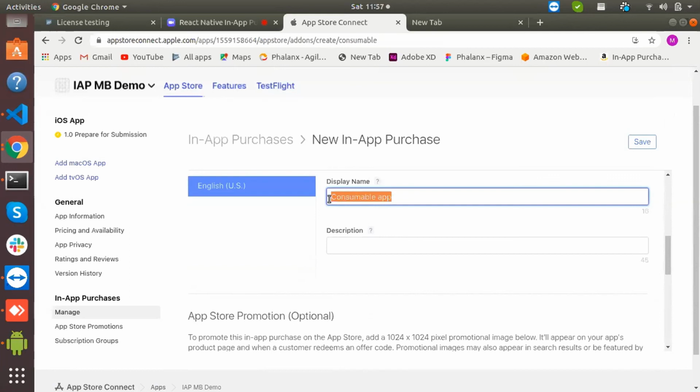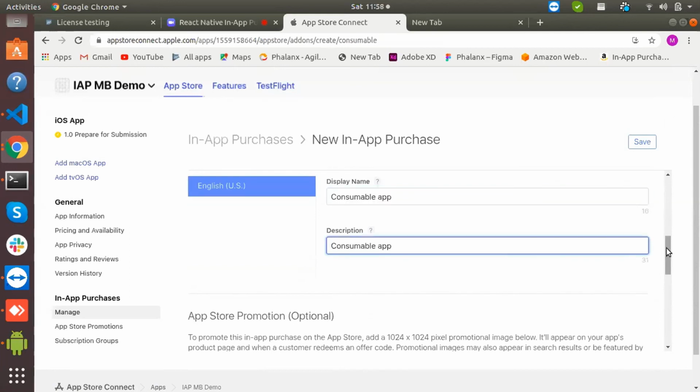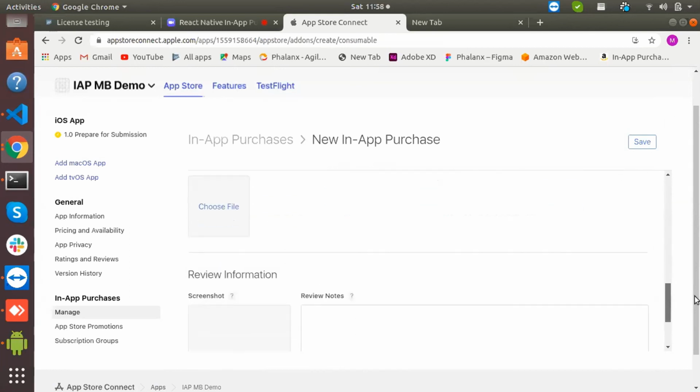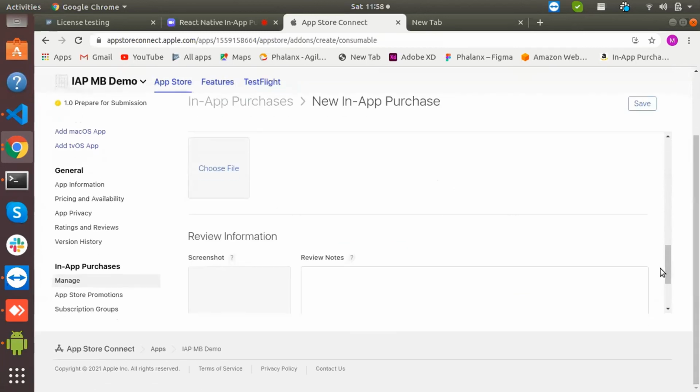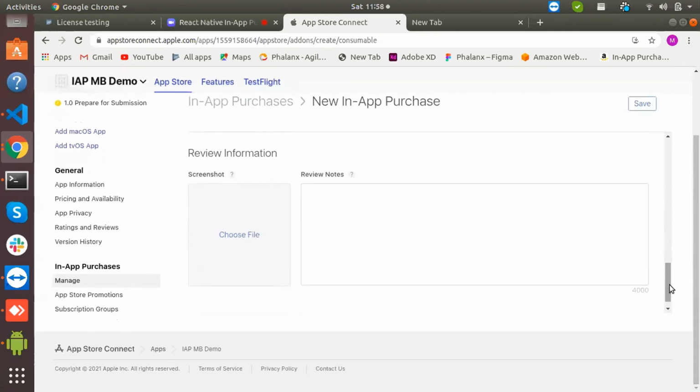Then the description. And in the review information section, we need to provide a screenshot of the application, just one screenshot. The size should be 1024 in height and about 600 in width. We provide that screenshot and then save.